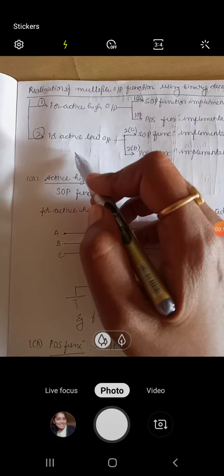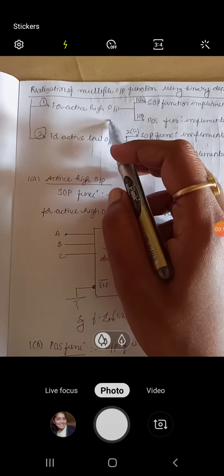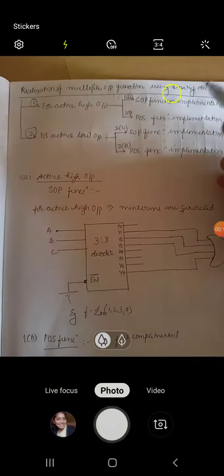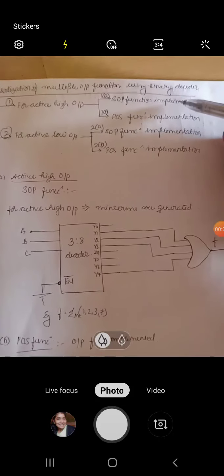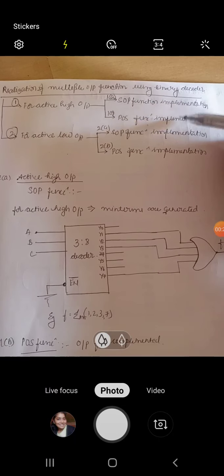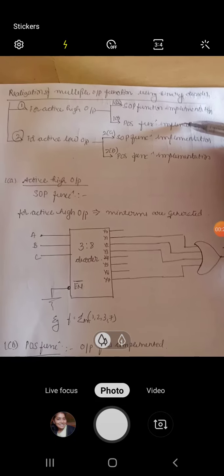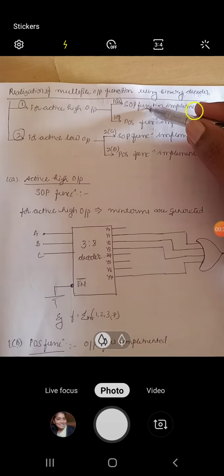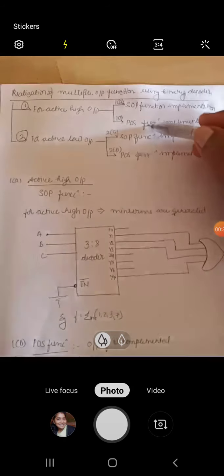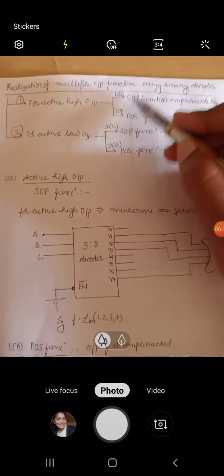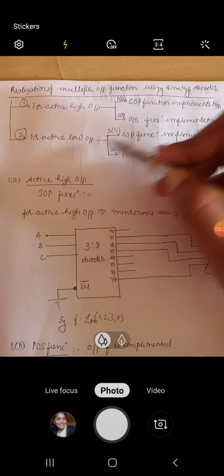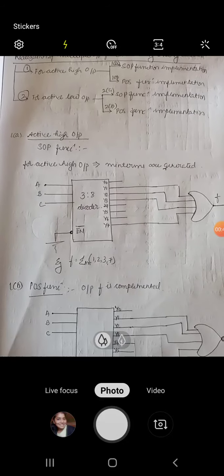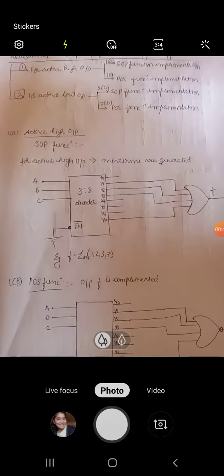So basically this is divided into two parts, that is one with active high output and another with active low output. Again, what they have done is divided it into two terms, that is SOP terms and POS terms, that is sum of product and product of sum. These are sum of product terms, these are nothing but min terms, these are nothing but max terms. So for active high, min terms, max terms; for active low, min terms and max terms. You are going to see now, for given examples, how we are going to deal with them.